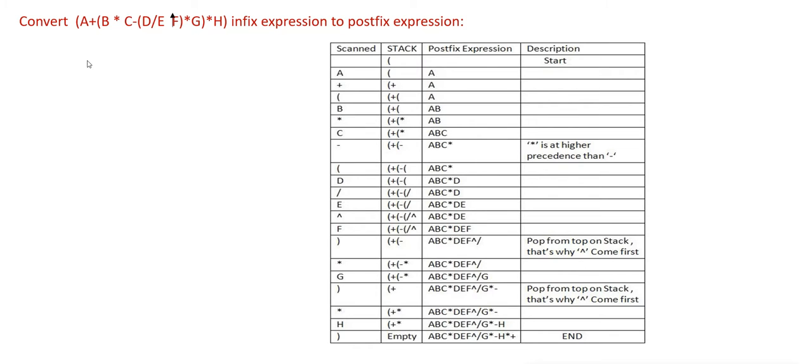Let us do a little bigger example. Let us see, the first symbol that we see is that of an opening bracket. We already have an opening and a closing bracket. The opening bracket goes inside the stack section, followed by a, which goes inside the expression section, followed by plus, which goes inside the stack section, followed by an opening bracket again in stack, followed by b in expression, followed